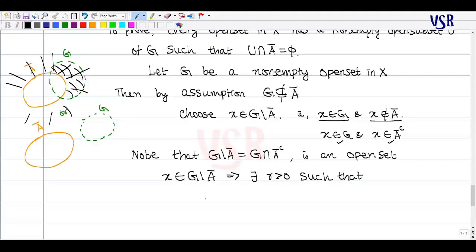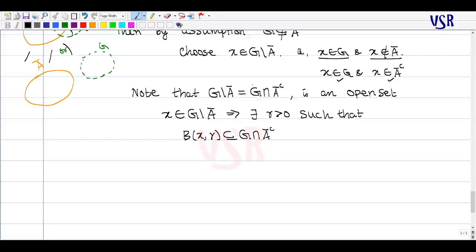What I can write is a ball with center X and radius R which is contained in G intersection A closure complement. What does this mean? Since G is open and A closure is always closed, its complement is always open. So this is an open set. Since it is an open set, we can find a radius R such that the ball with center X and radius R is contained in G intersection A closure complement. So this implies that, take this, I call it U. Then U is a subset of G